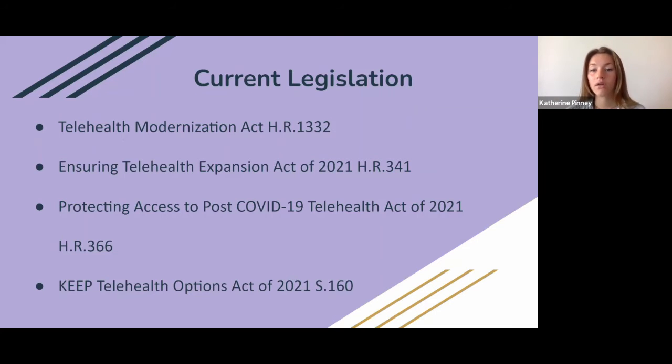And it allows all types of practitioners to furnish telehealth services. The Ensuring Telehealth Expansion Act would make permanent certain telehealth flexibilities that were established in response to COVID-19 because they've been seen as successful. The Protecting Access to Post-COVID-19 Health Act of 2021 would amend